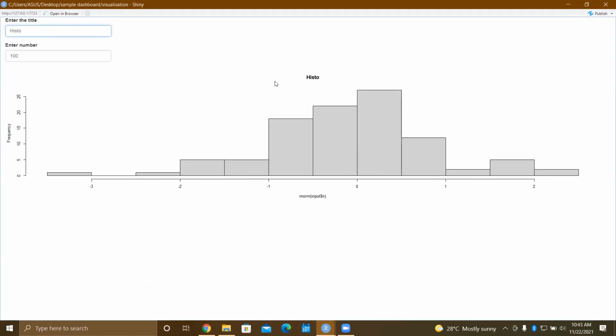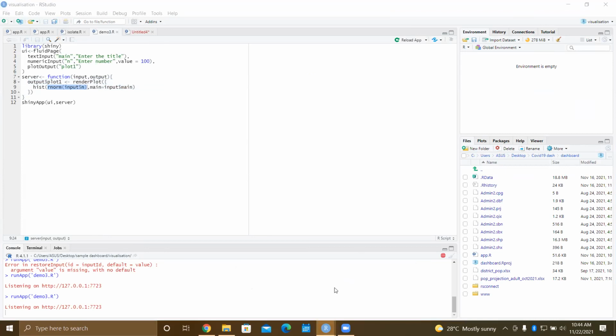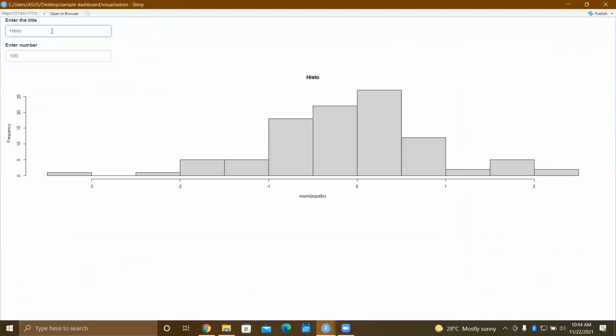As I am typing the name in main, every time this changes, the reactive function gets calculated over and over. And for this, random normal sampling is done over and over, and so we are getting a different plot every time.